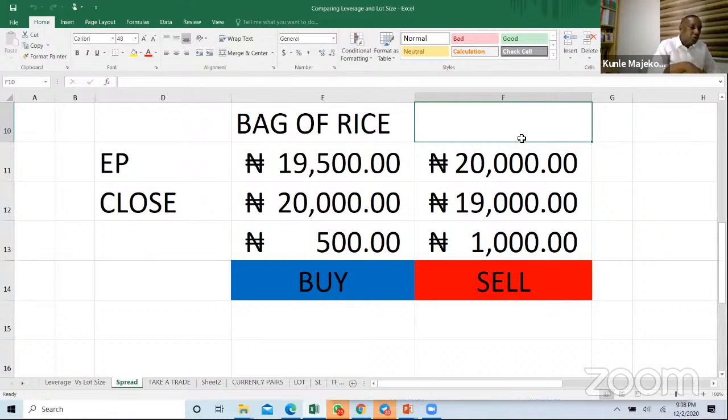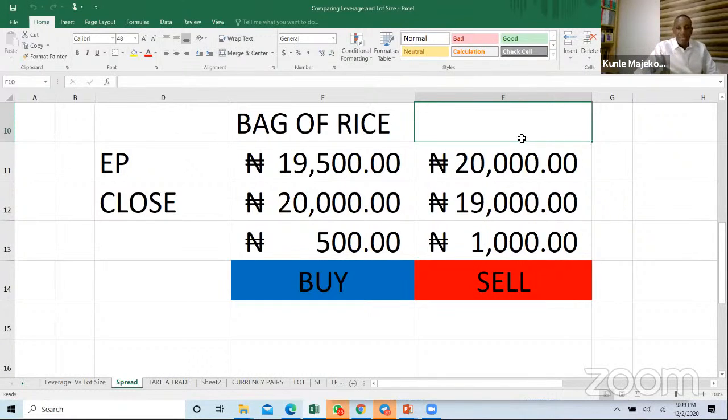I don't have it in this shop. It is in my other shop, just around the corner. I can go and bring it for you. But the price of that rice is 20,000 naira. If that person agrees, the buyer agrees, I will say, okay, that means I have sold 20,000 naira. I will now go into the market. I might not have it, so I don't have any other shop. I will go to look for my friend. I know that my friend is selling it at 19,000.